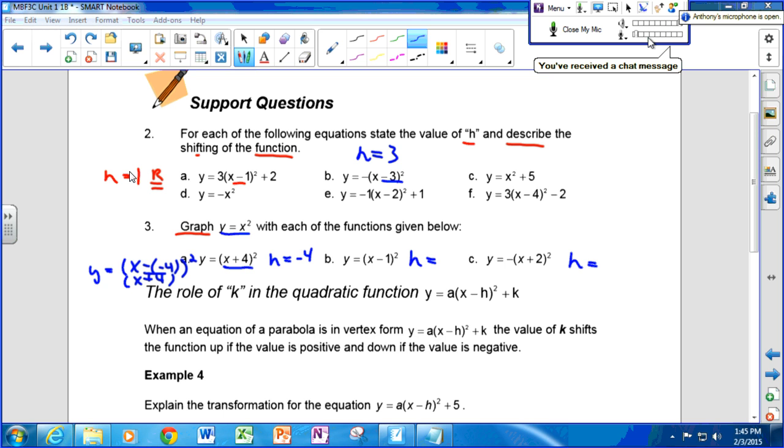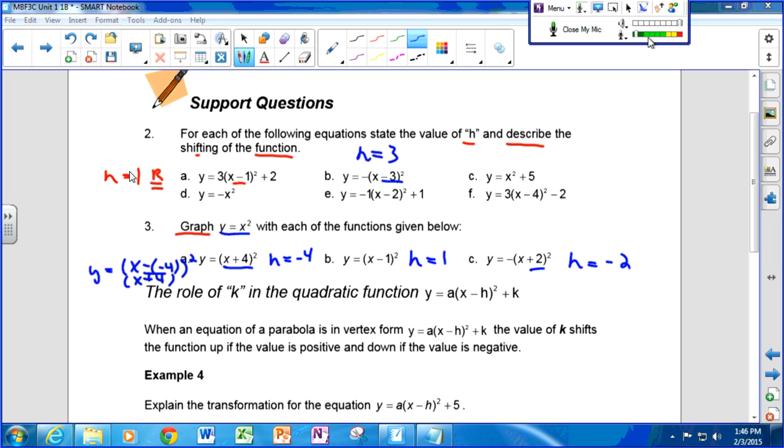Positive. Exactly. H is 1. It's positive 1. Okay. And that's because it's the standard form, x minus h, and the only way you can have a negative sign in front of that is if h is positive. And over here we see we have a plus sign, so we know that h is -2. Yeah, it seems backwards, doesn't it? And that's why I'm spending so much time on this. Trust me, the next one is not like that.